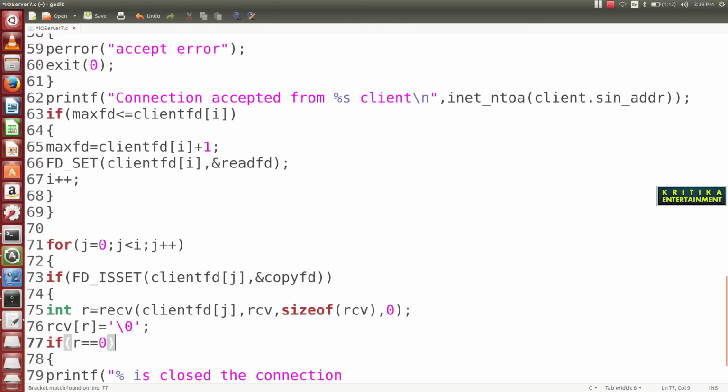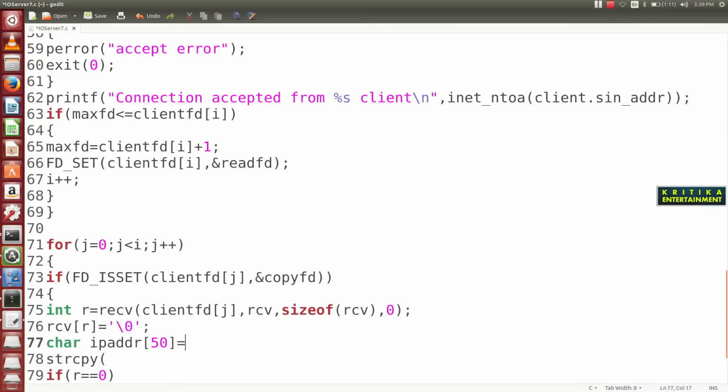So before that, write strcpy. We will take one IP address here. Suppose we declare an IP address, char IP_ADDR of 50.